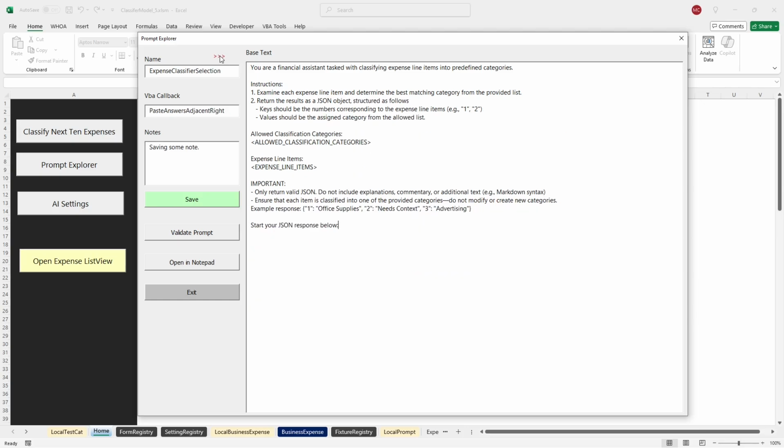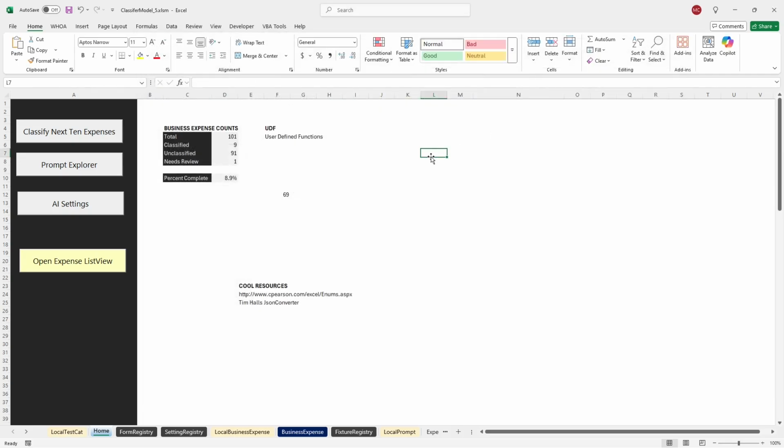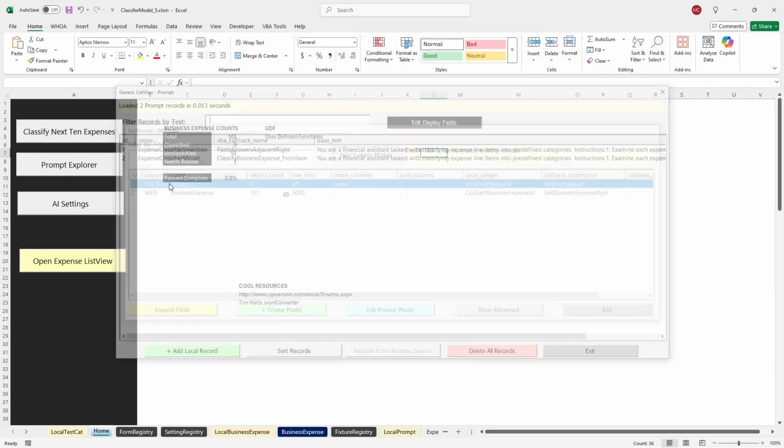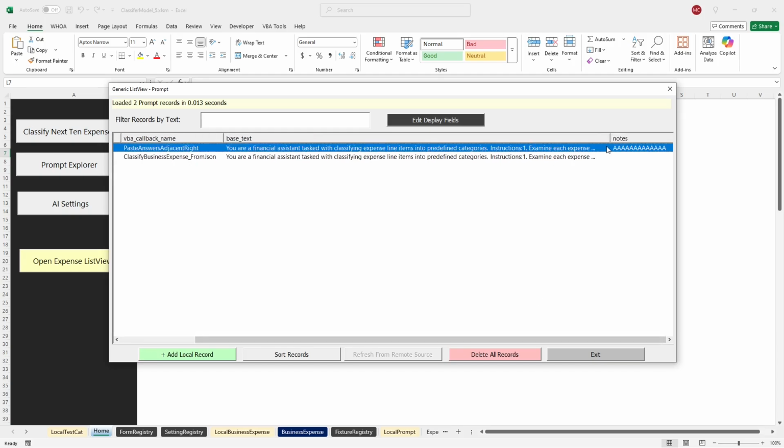We only have 2 prompts right now. We looked at how to process the save event. So say, save. And we saw that now writes into this prompt. So if we go to that prompt in here, we'll see